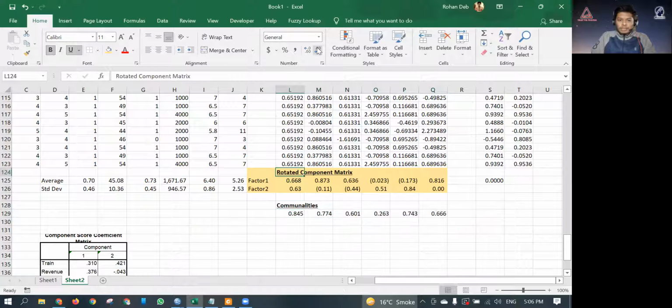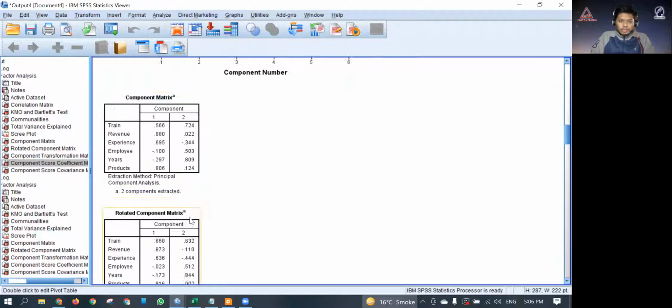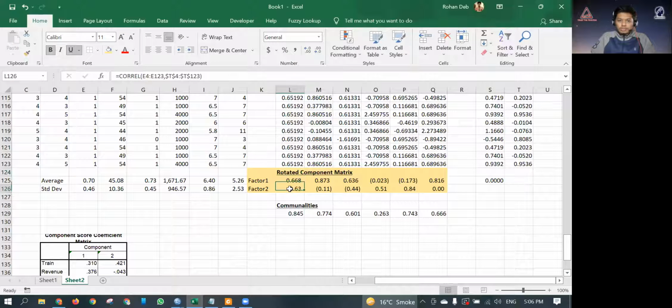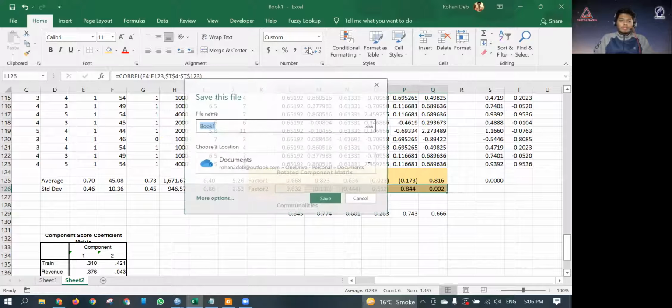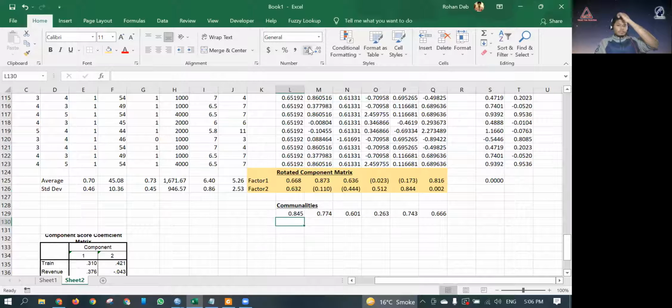Okay, and the rotated component matrix, you can verify it from here. So the rotated component matrix was here. So it's 0.668, 0.632, 668, 632. Just increase the value. Okay, so that's how you basically